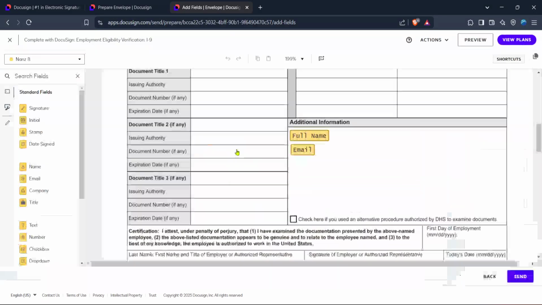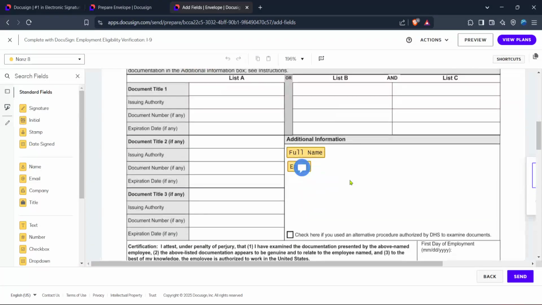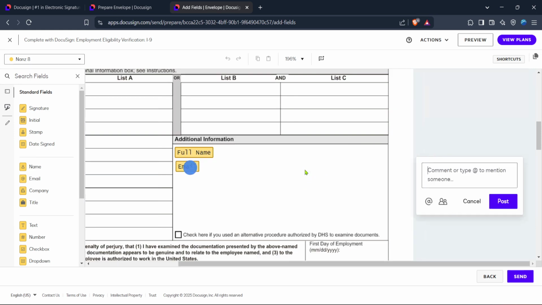Adding comments is a great way to provide context, ask questions, or highlight important sections that need attention from others involved. Remember, comments can be edited later, so you're not locked into what you first enter. You can also delete comments if needed, ensuring that your document remains clean and organized.